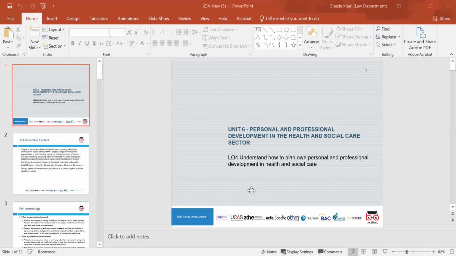Before we go into learning outcome 4, I want to give you a summary of what we did in the last learning outcome, learning outcome 3, which was the session we did yesterday, where we looked at understanding how reflective practice supports personal and professional development. We also looked at elements of reflective practice, what it is, and we looked at different theoretical models